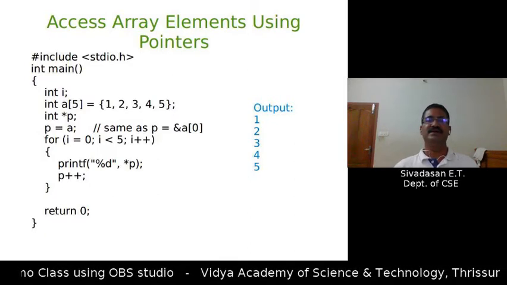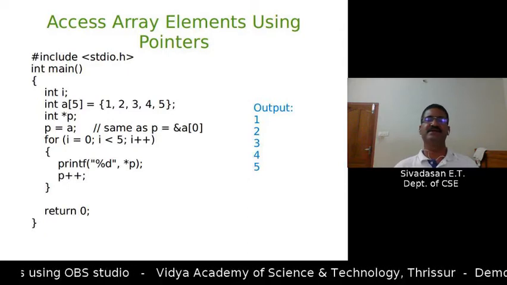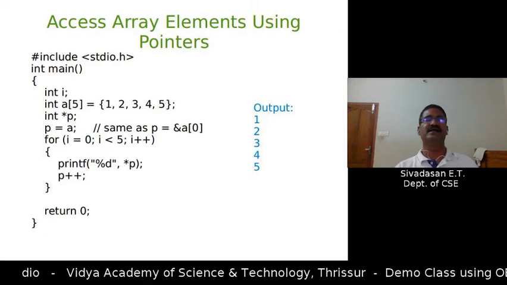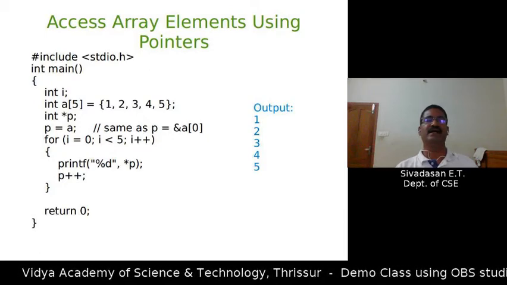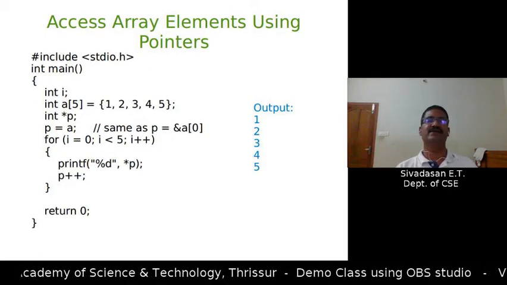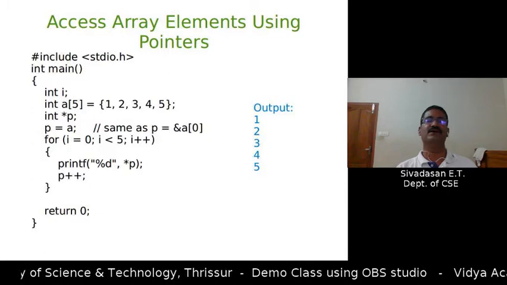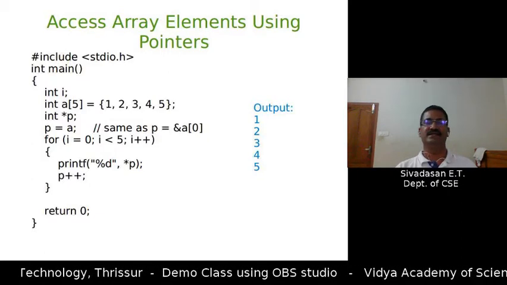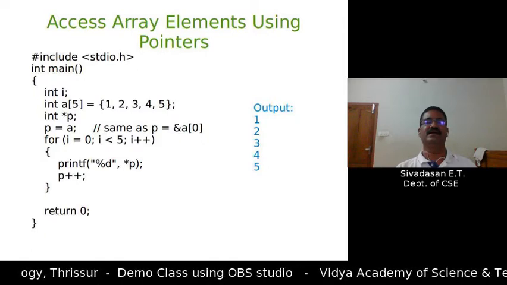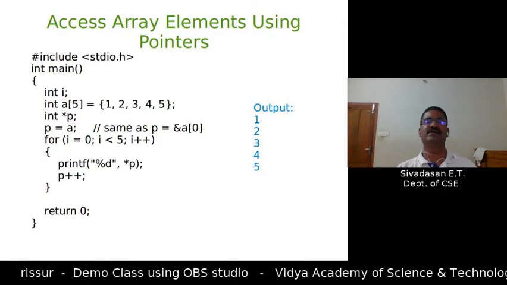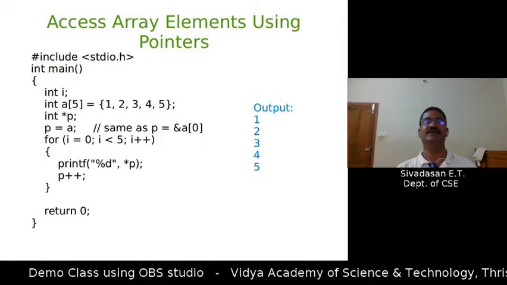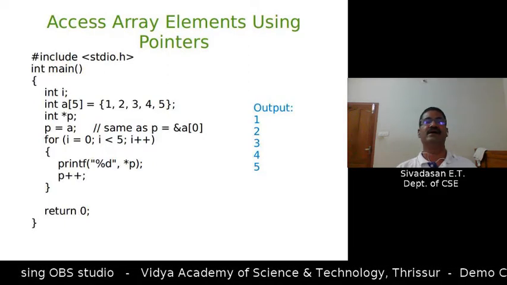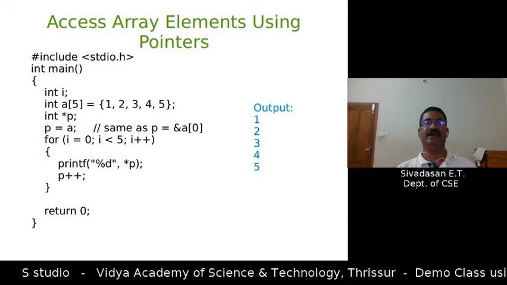So let me explain the relationship between arrays and pointers. See, there is an array created called A, which has 5 elements. That means it can hold 5 elements of type integer. So an array is nothing but an arrangement which can hold similar types of elements, in this case 5 elements. Now the name of the array is A.